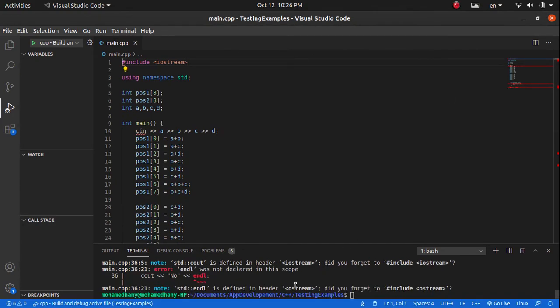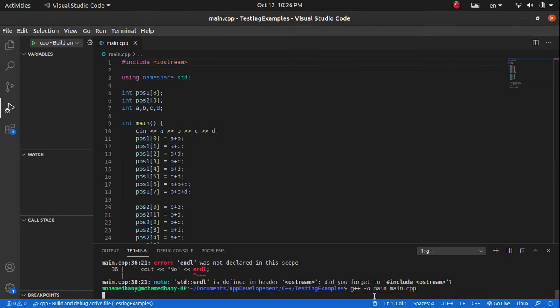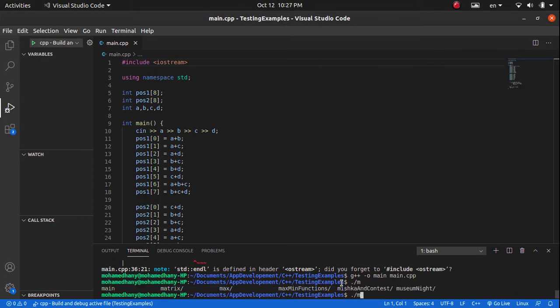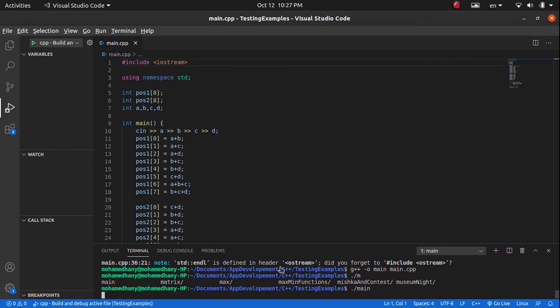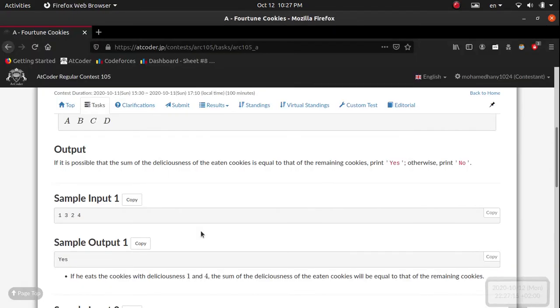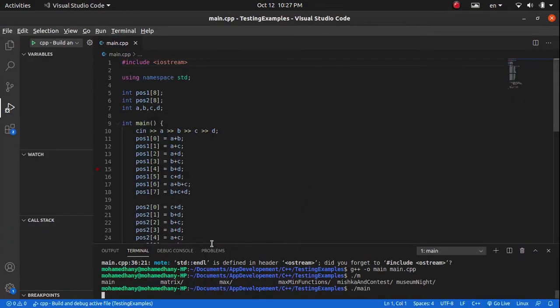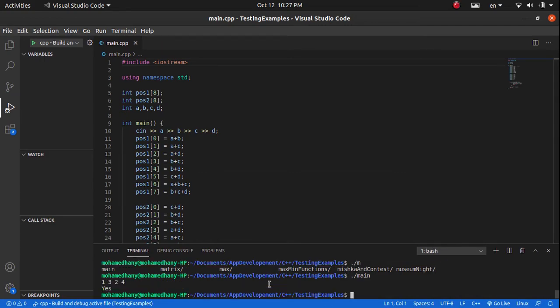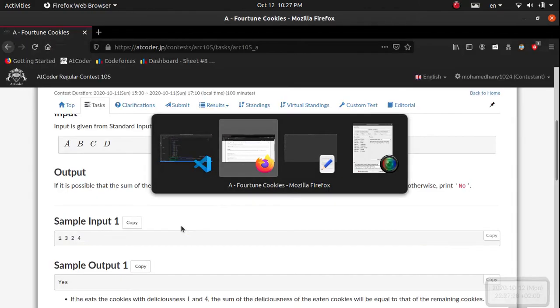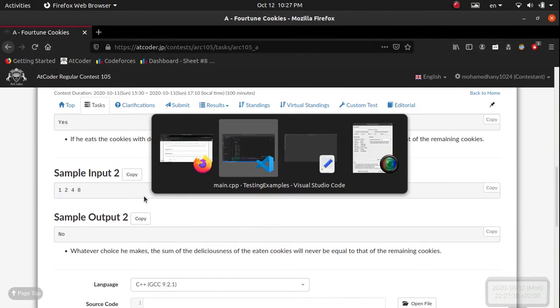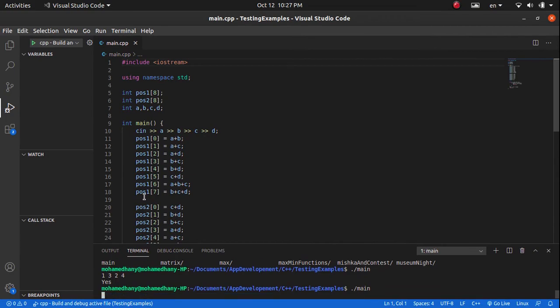Okay, let's try again. Main. Okay, so 1, 3, 2, and 4. So if we type for here 1, 3, 2, and 4, it outputs yes, which is correct. However, if we say 1, 2, 4, and 8, it should output no,